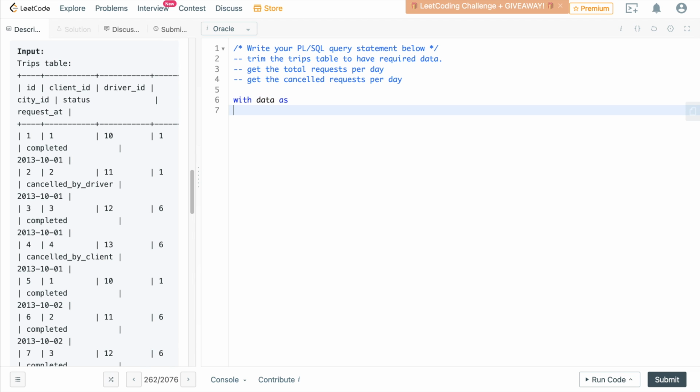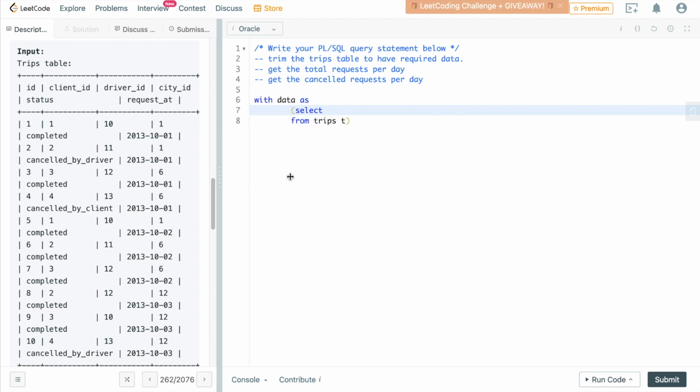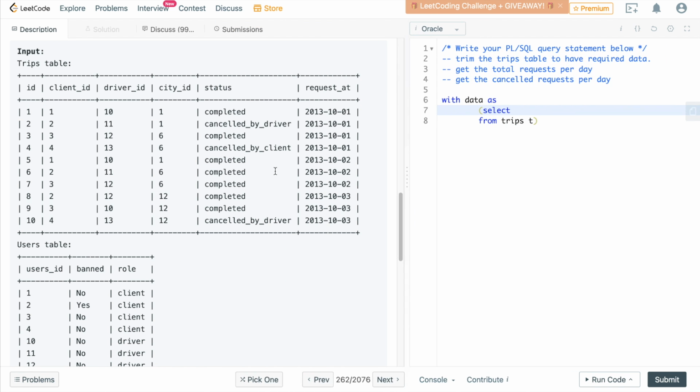I'm going to say as, and here I'll just write my query. So I know that I need to fetch my data from the trips table. I'm going to give an alias as trips. And if I just go here, I can see this table has ID, client ID, but the data I